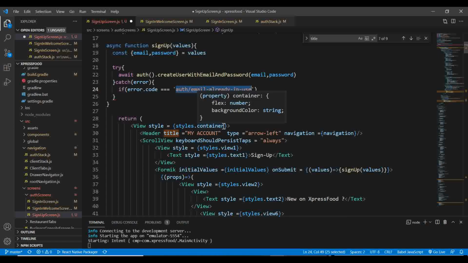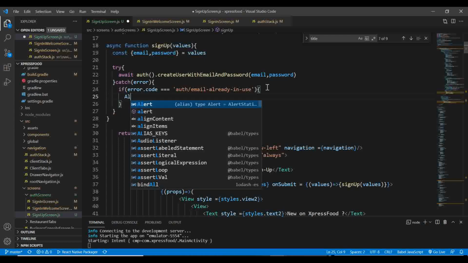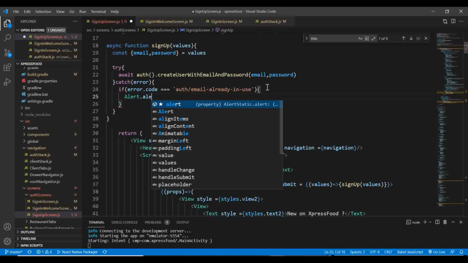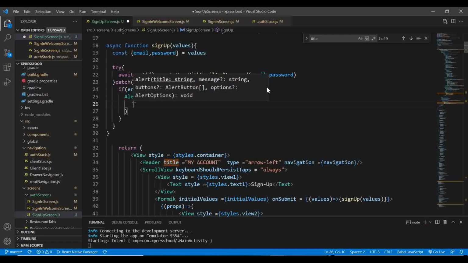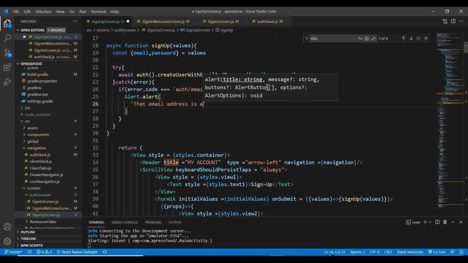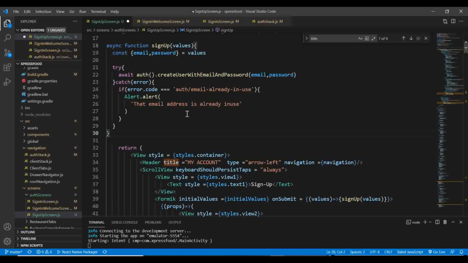then we're going to alert the user. The message will simply be that email address is already in use. Okay, I think this makes sense. If the email is in use, we alert the user that the email is already in use. Okay, and otherwise